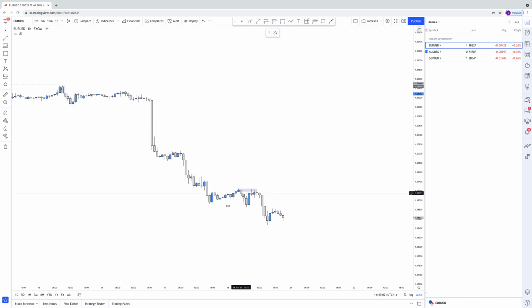Now don't get me wrong, it still played out, and we did put in a low, but it's still valid, definitely still valid to take. If you drop down to a lower time frame at this area, there's entries to be taken. But yeah, it's not something that I look to take. I like to see a nice clean break,